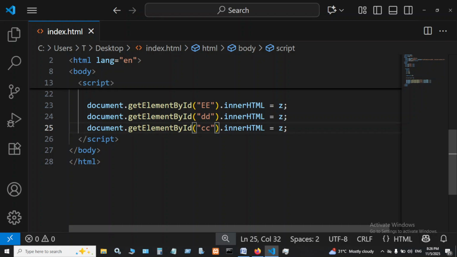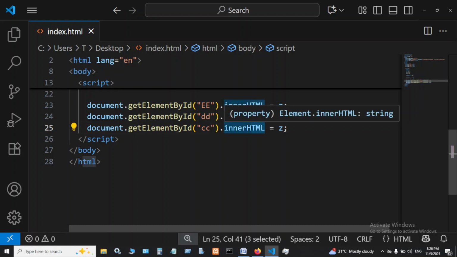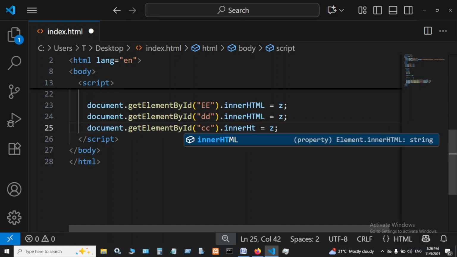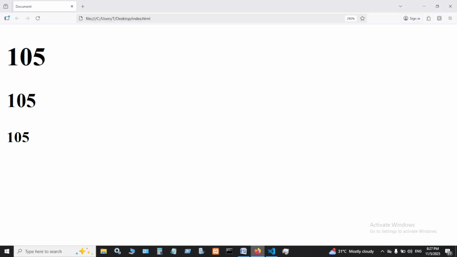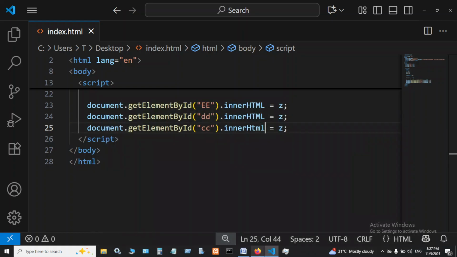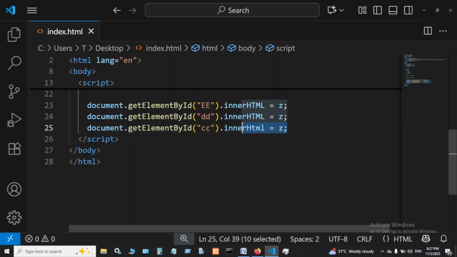But let's say you mistakenly use a capital letter and small letter in innerHTML. When I reload my document, can you see we are unable to see the third one again, because of this syntax error we are having here that I've discussed previously. And again, you have to be aware of document.write. Let's say we want to output it by force. We can use